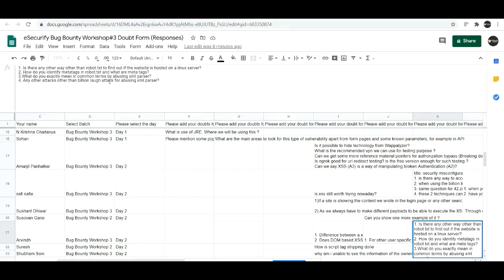Apart from that, we can do XXE, that is XML external entity attack. We can also do XML injection, which would help us to get data from the server. XXE and XML injection are of course the attacks that you can try if you are having an XML parser kind of stuff on the web application which you are accessing.